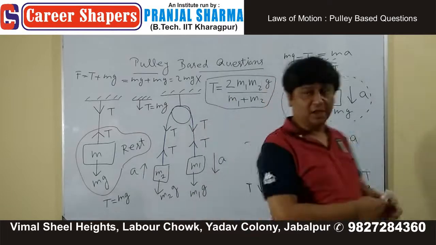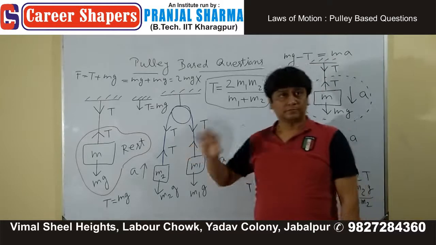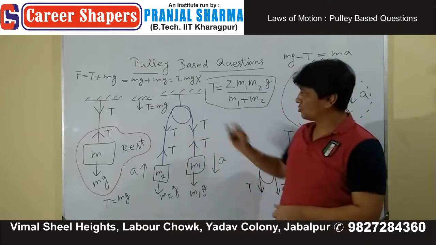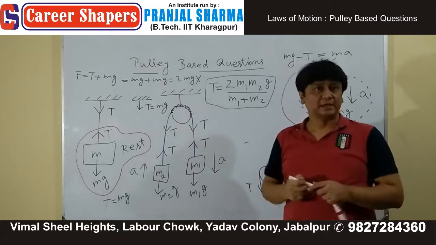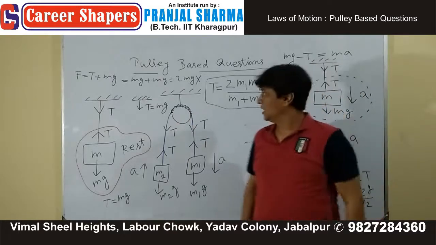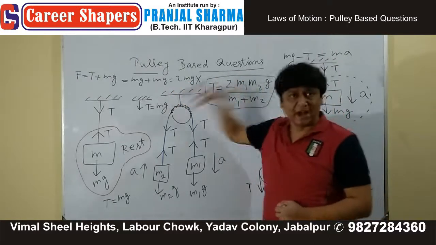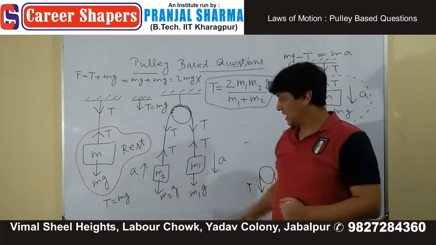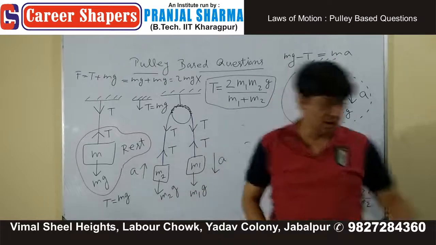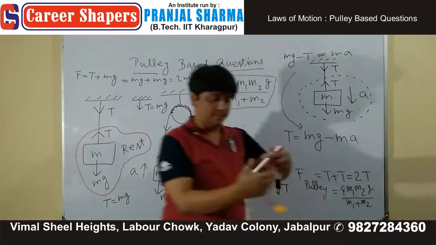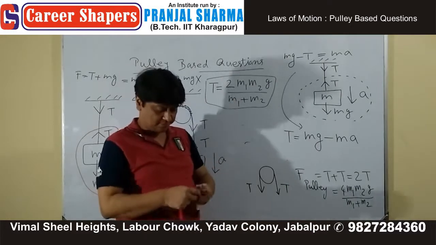अब हमारे क्वेश्चन में क्या था? हमारे क्वेश्चन में ये पुली थी. अगर किसी ने इस पुली पर इस रोप को यहां से यहां तक फिक्स कर दिया होता, किसी तरह से आपने क्या किया, आपने इस रोप को यहां पर इस तरह से वेल्ड कर दिया, kind of that this m1 and this m2 they cannot move. तो अगर ऐसा हो रहा है, let's try this thing. अगर इस तरह की सिचुएशन है,